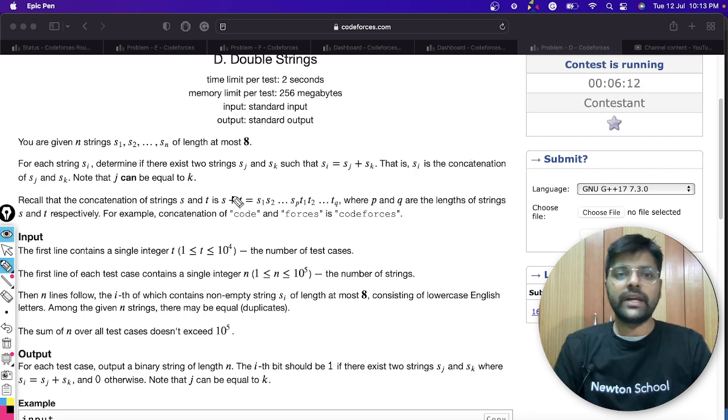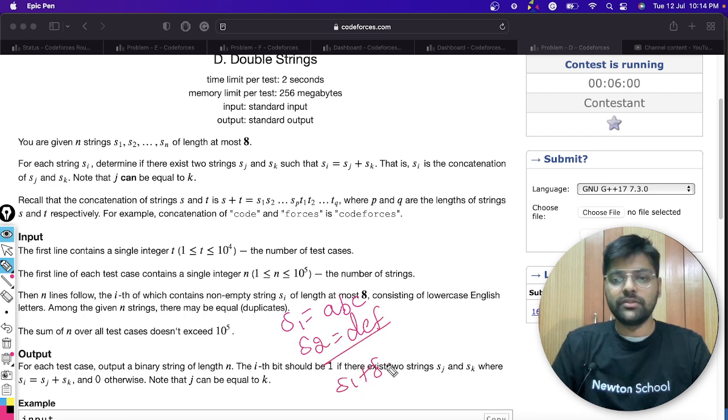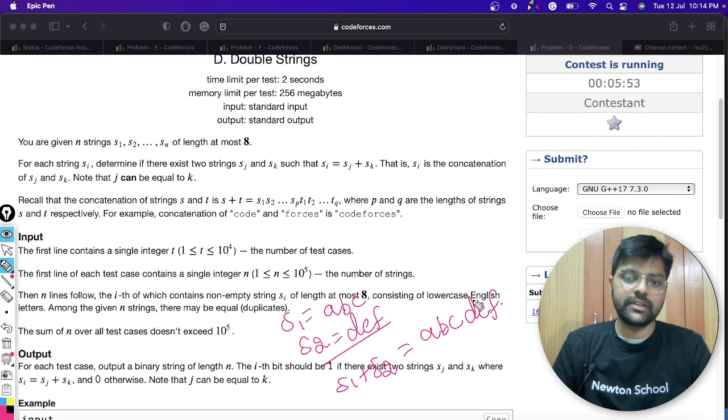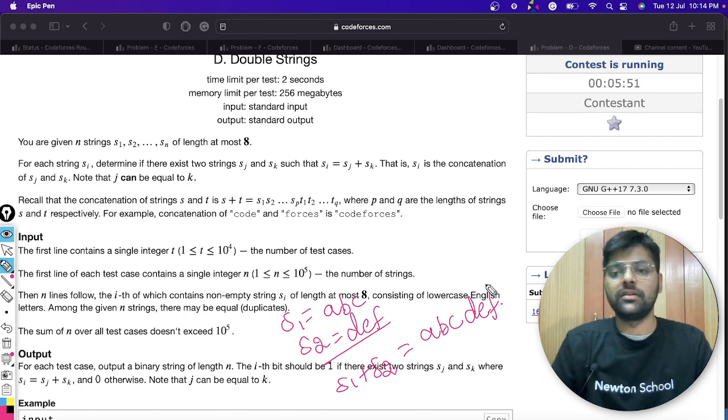What is the meaning of concatenation? So s plus t means concatenating. Let's say string s1 is abc, and string s2 is def. So s1 plus s2 equals abcdef. First we write the s1 string and then we concatenate, meaning we push back at the end of the string.